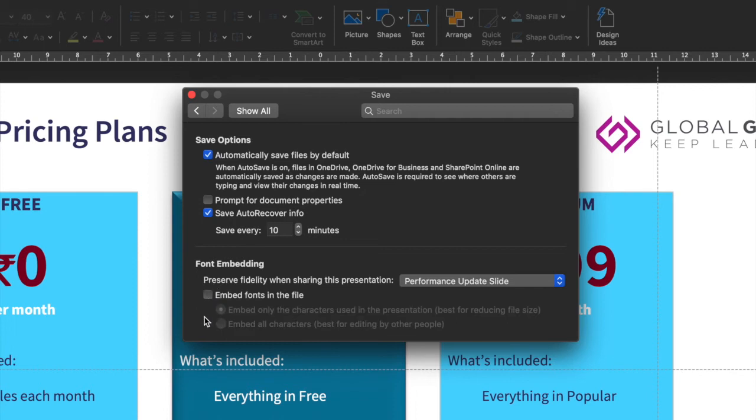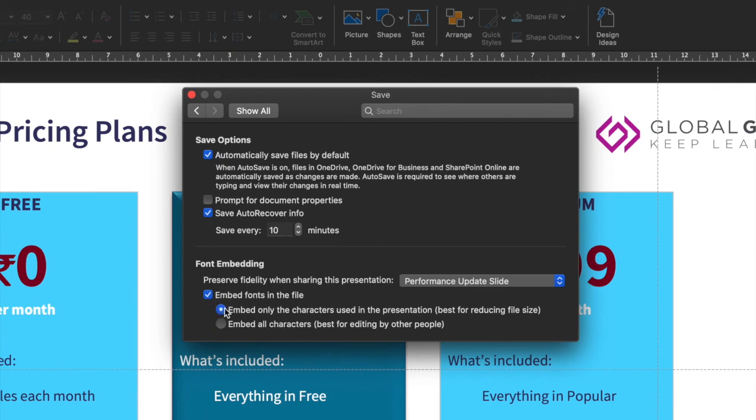This is the default how it would look. You want to embed the font in the file, which means that the font that you've downloaded and put on your computer goes along with the presentation to the other person when they open it. And here you have two choices: embed only the characters that you have used, or embed the entire font itself. For the case of Rupee Foradian, since it's only that one character that we want to use, it's okay to choose the first option. But if you're using your own brand font and there could be new text that's created, somebody else could type other things that you haven't typed, and you want that font to be preserved, then you choose the all characters choice.